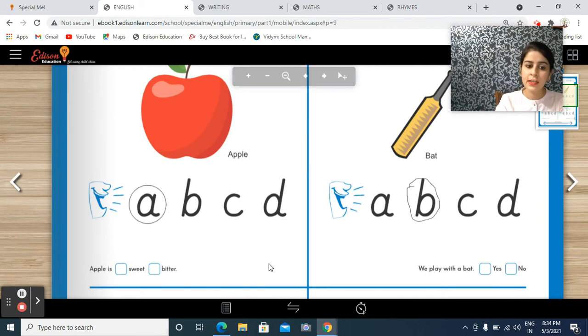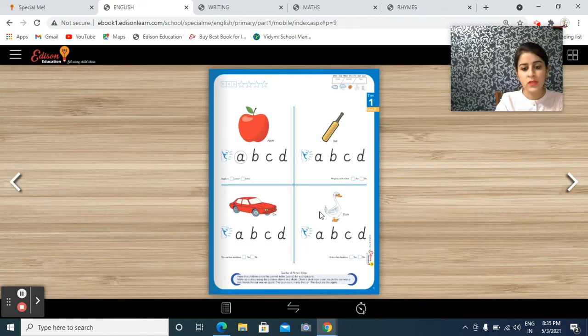Like your child can create anything. The child has to create by looking at these four objects. A short story is given over here. So this is a kind of imagination a child can do. Like the duck saw the car. The bat was there inside the car, the apple was inside the car, and the child can say any of the lines by merging these four vocabulary words related to A, B, C, D. Either your child can say, I kicked the apple with the bat, the bat was on the car, the duck was inside the car.